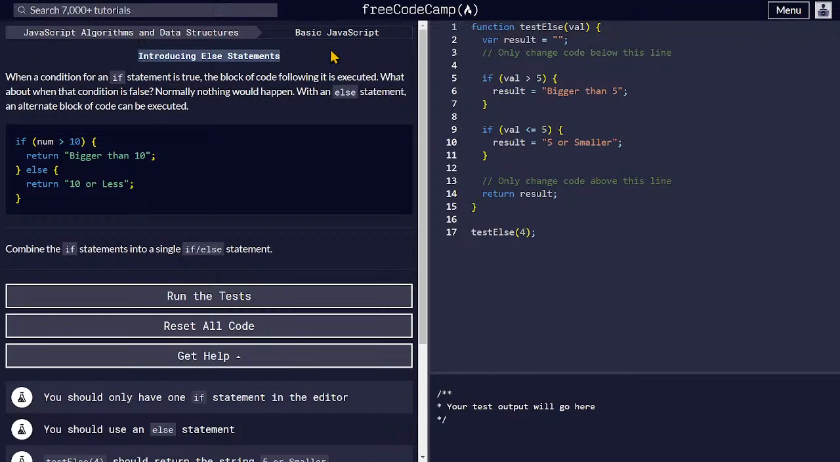Now introducing the else statement. When a condition for an if statement is true, the block of code following it is